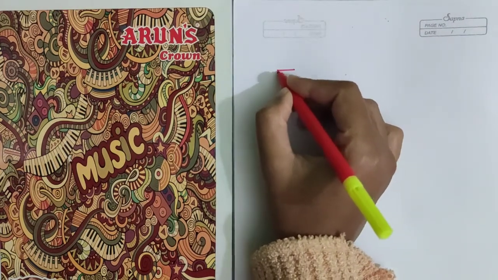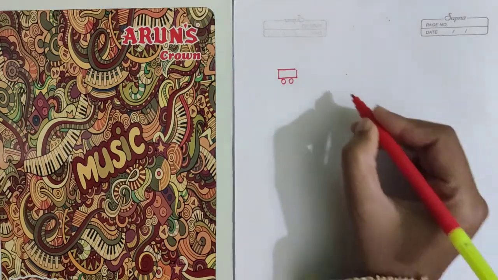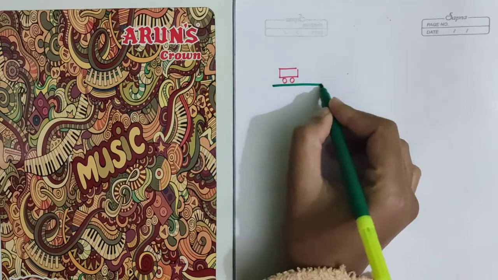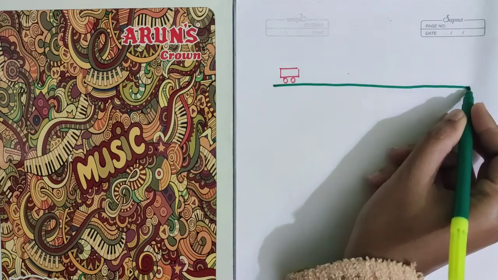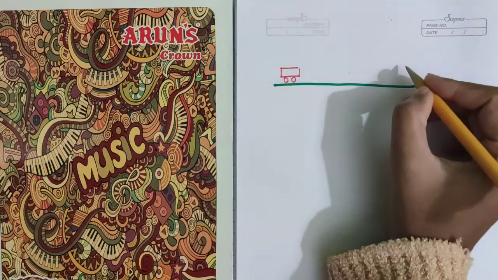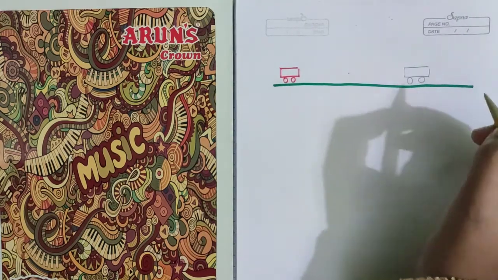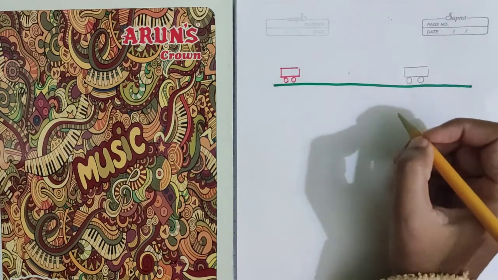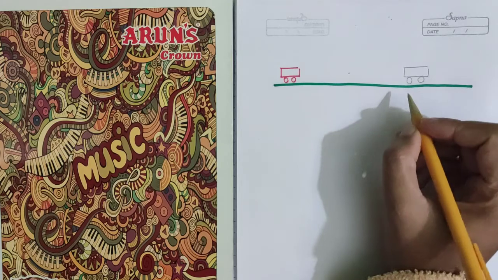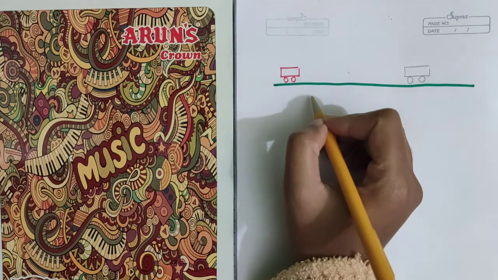Consider this as your vehicle. Now you are moving in this direction on the road. Suddenly you will see an obstruction over here. It might be a vehicle which is approaching from the opposite direction. You will see this obstruction. Now what the driver tends to do is he tends to stop the vehicle, isn't it?